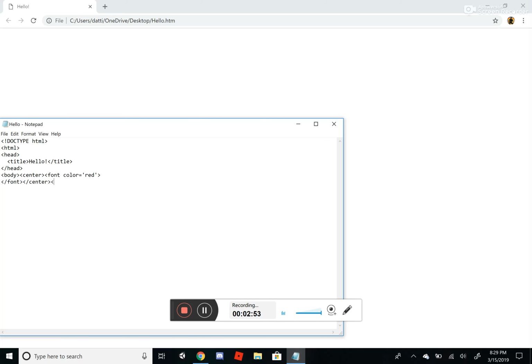And then slash body. Now, whatever we put in there, it will show up centered in the color red. And if we do this,